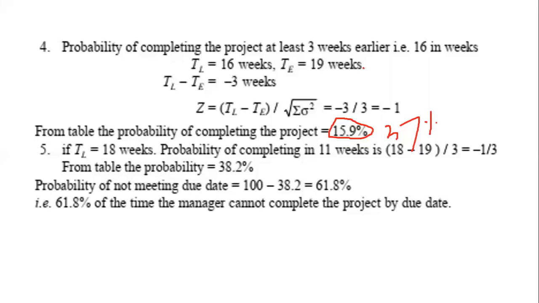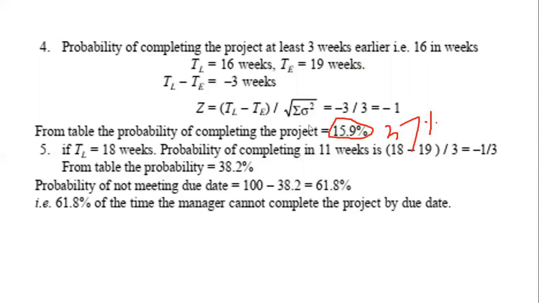Sir, probability percentage, 4%. Okay. You have understood this part, how to calculate the critical path and total number of days? Yes, sir. Okay, then further we have to calculate this Z value. How should we calculate the Z value? That is expected time minus our TE, which is the total time of the project, divided by the root of variance squared.